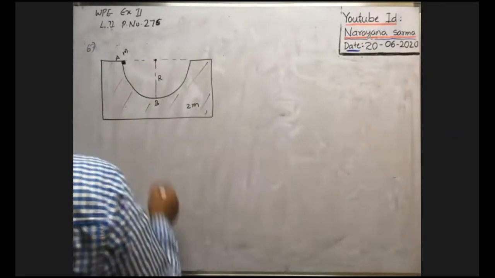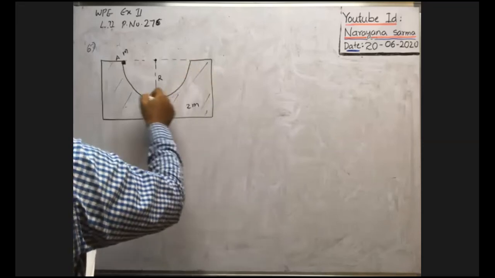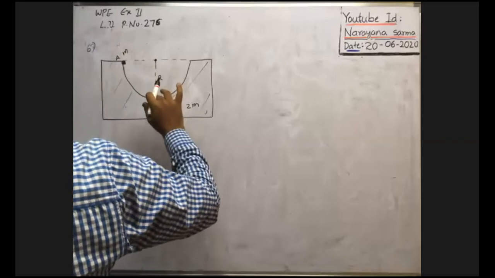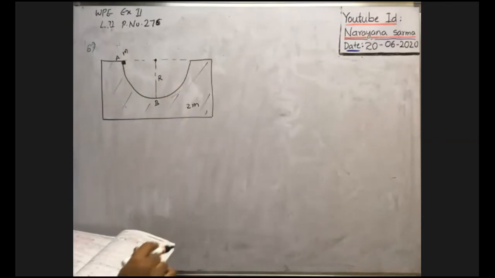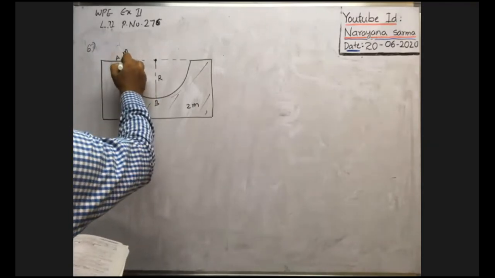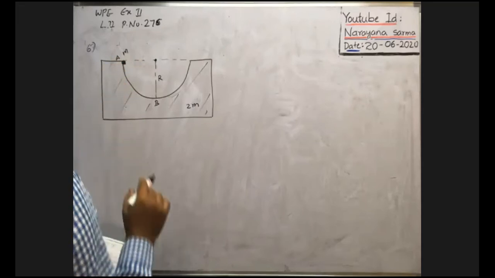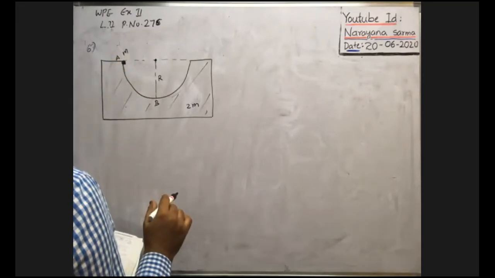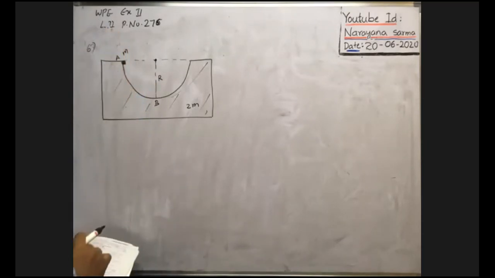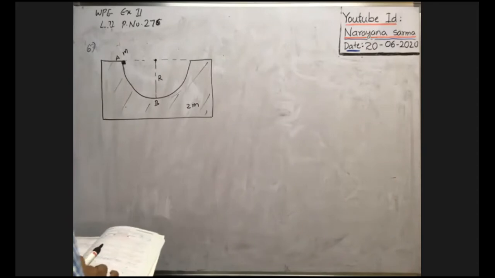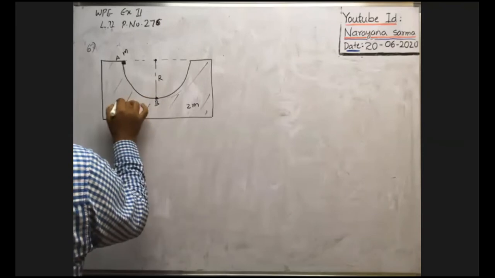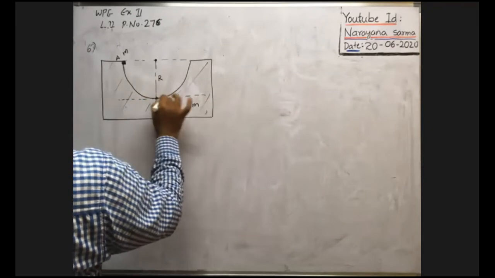It is a smooth semicircular curve. This wedge is kept on a smooth horizontal surface. In the system shown, mass m is released from position A. The dimensions of this mass are negligible. Suppose the potential energy of m at point A with respect to B is given. That's why you take this as the reference line.